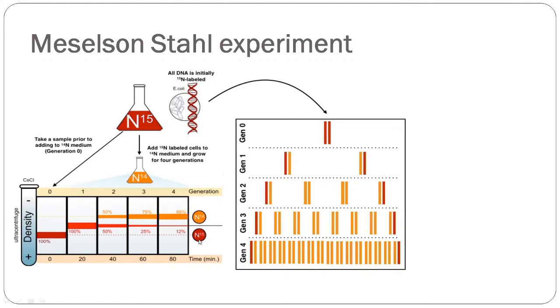So by this mechanism they proved that DNA will always replicate in a semi-conservative way. This was one of the experiments by which Meselson and Stahl proved that the DNA of all organisms replicates in only one manner, that is semi-conservative. Semi means half conserved, 50% old and 50% new strand. I think I have made this experiment clear. In the next lecture we are going to see the enzymes and proteins required for DNA replication. Thank you.